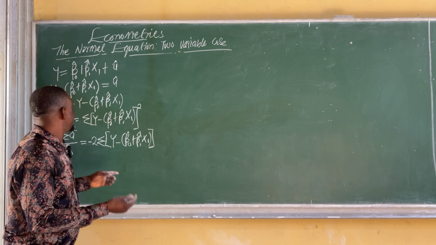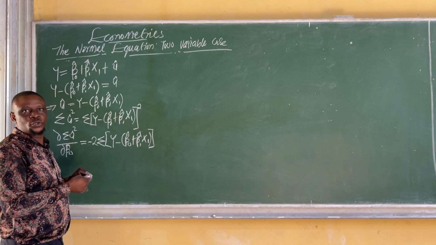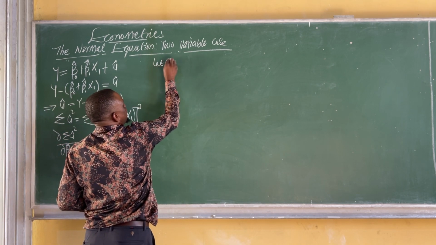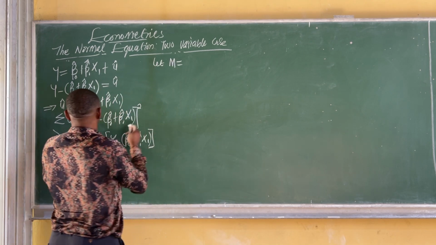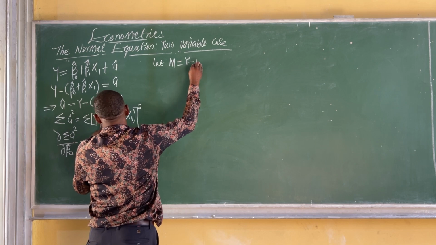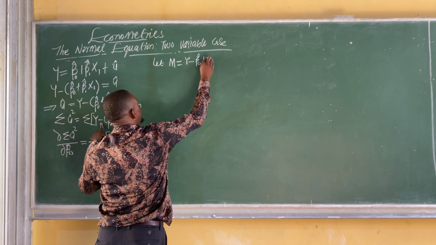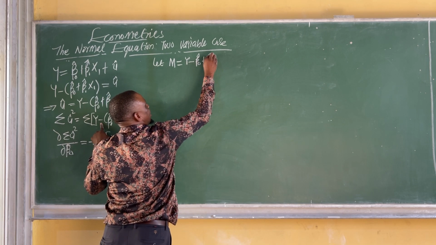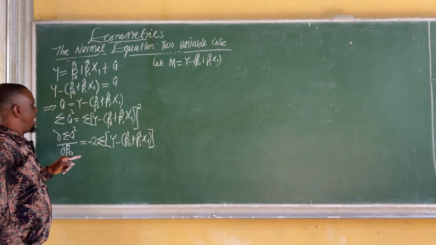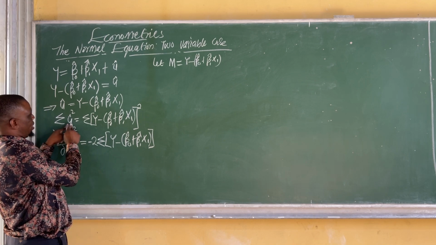So we'll start by saying, let the whole of what we have here be equal to m. So we'll say, let m equal to what we have in the bracket, y minus beta hat plus beta 1 hat x1. And if we put the whole of this as m, it means that our sum of square residual will be